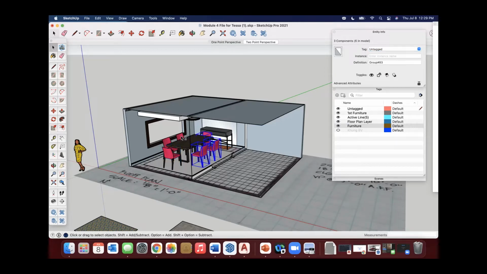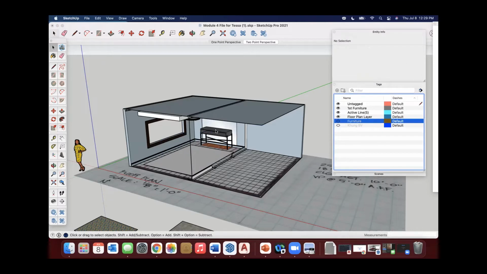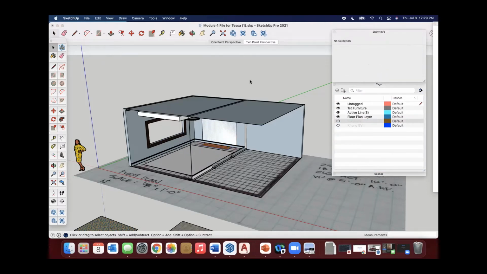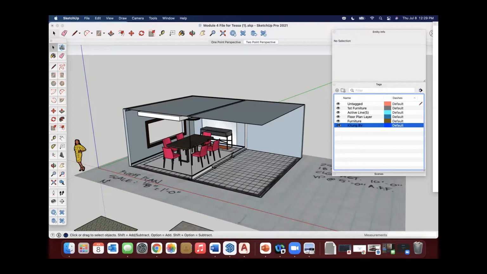I'm going to select all of these chairs and table. And I'm going to drop that on the furniture layer. And let me turn it off, make sure, yep, it's turning off. So now I'm going to add the console to the furniture layer. And so now you can see it turned off because I've got the visual, the eyeball turned off. So now I haven't erased it, haven't hidden it. I've just turned it off, which makes it so much easier for our layer control.